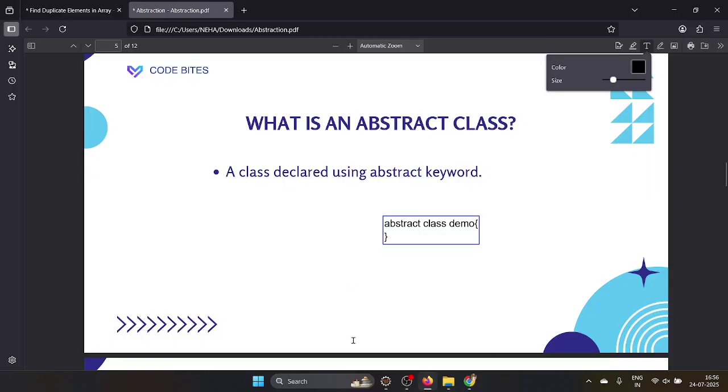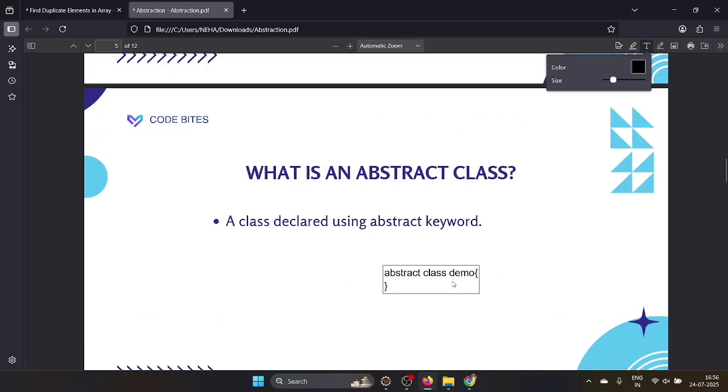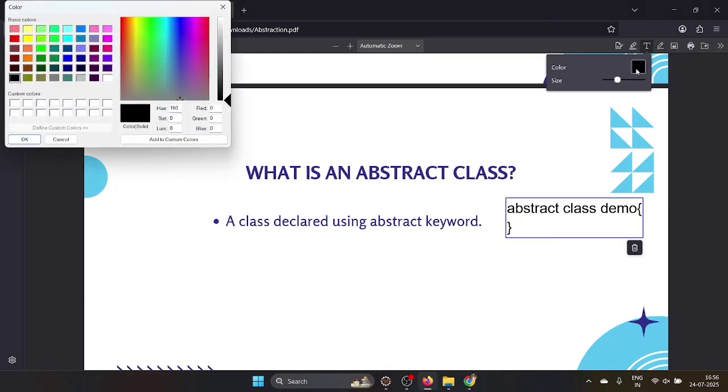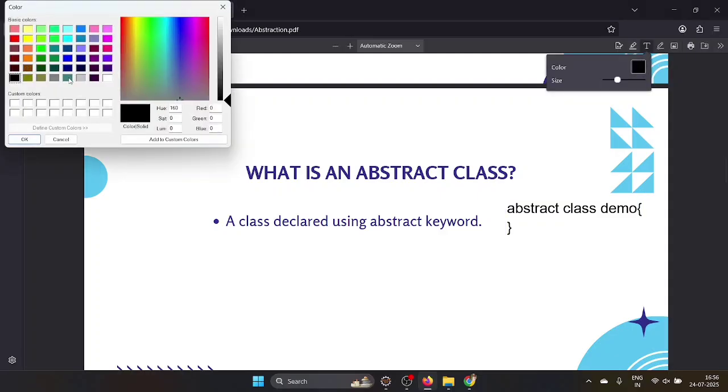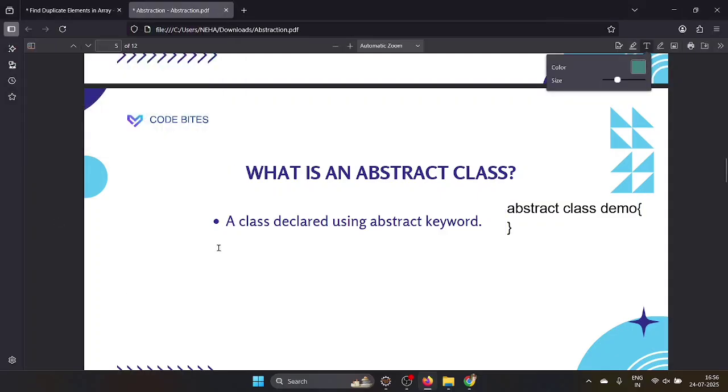In the abstract class, what are the things we can have? I'm going to tell here itself what things are present in the abstract class. We can have abstract methods; I'm going to tell you how we can write abstract methods.